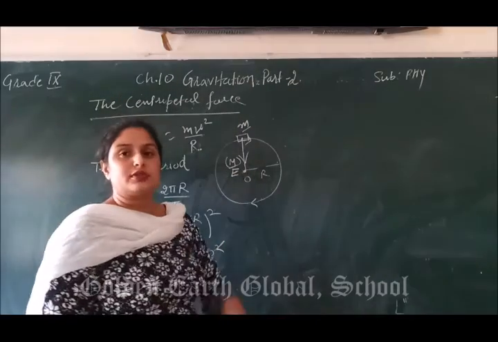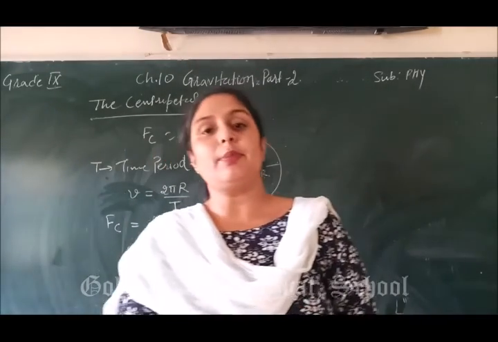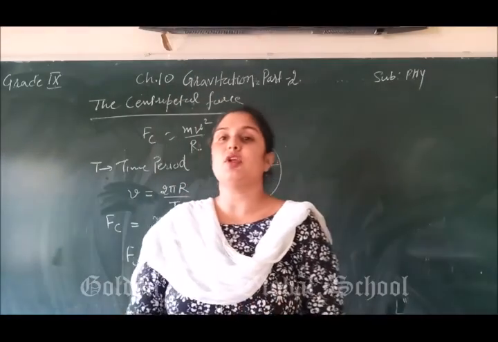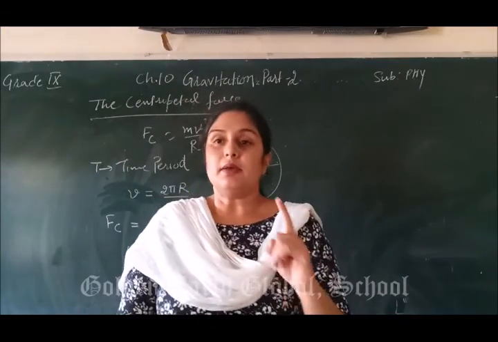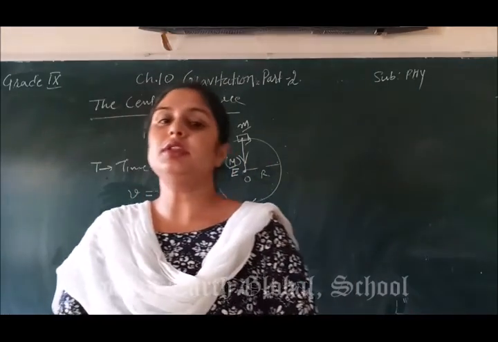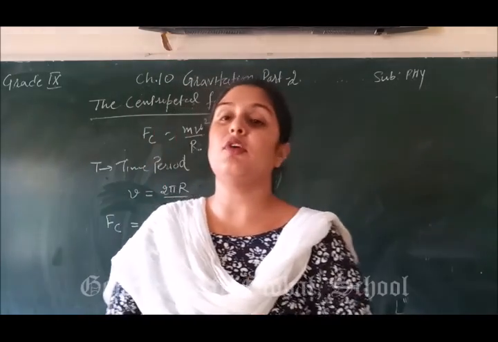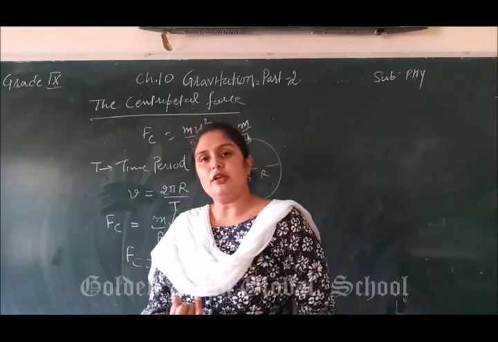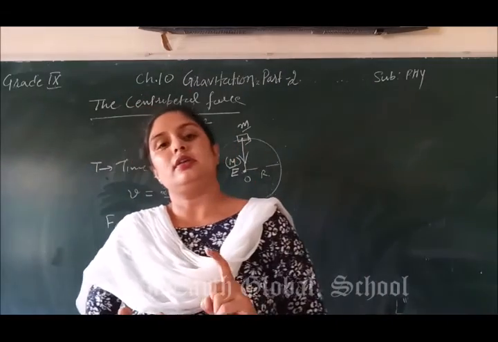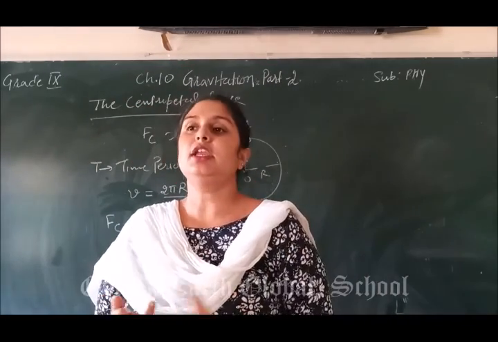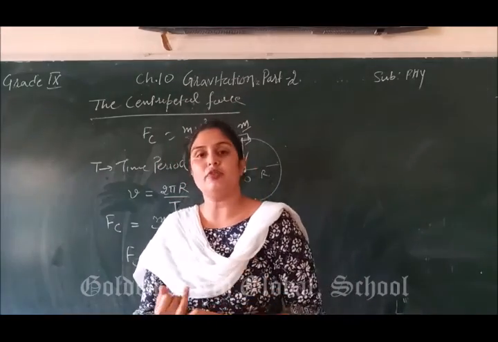Next I am going to use Kepler's laws. Kepler was a physicist who gave the three laws of planetary motion, describing how the planets revolve around the sun. According to the first law of Kepler, the planets revolve around the sun in an elliptical orbit. That is also known as the law of orbits. According to the second law, every planet sweeps out equal areas around the sun in equal intervals of time. That is known as the law of equal areas.